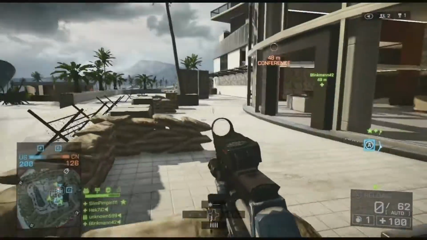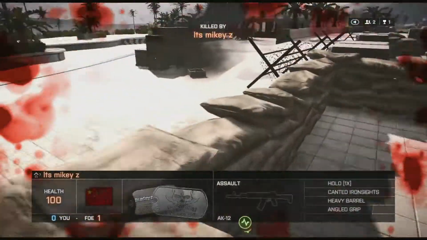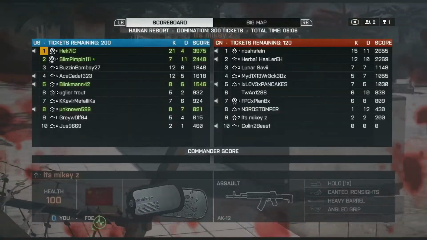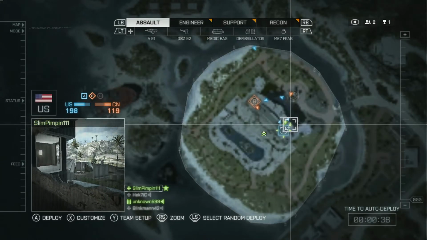And lo and behold, the A-91 is just that. The other thing that I really like, for whatever reason, is the reload. I don't know why. When you reload the gun, it just looks really cool. It kind of looks like a battle rifle from Halo. I just really enjoy it. Now,